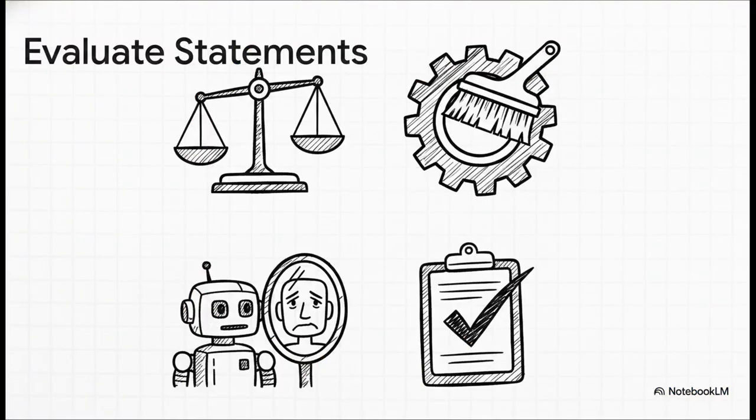Number 1, AI is inherently objective. Number 2, data training removes bias. Number 3, AI mirrors human flaws. And number 4, auditing solves all issues. I challenge you to pause the explainer right now, hunt for the paraphrased evidence in your mental map of the text, lock in your answers on your paper, and then press play. Let's see how you do.